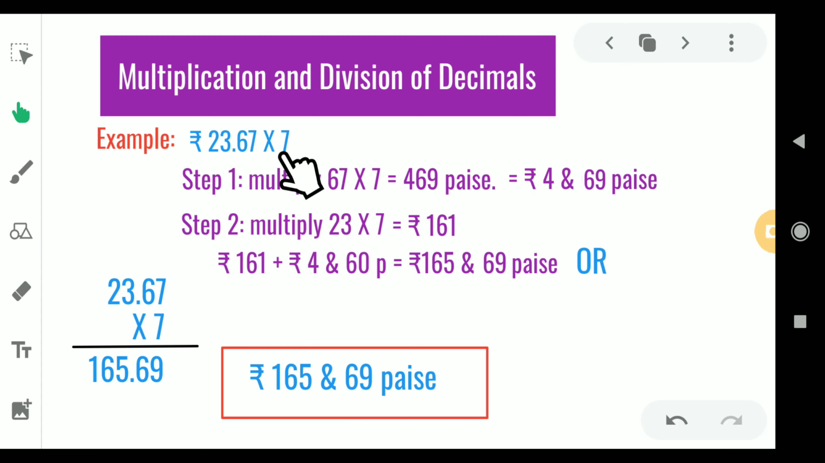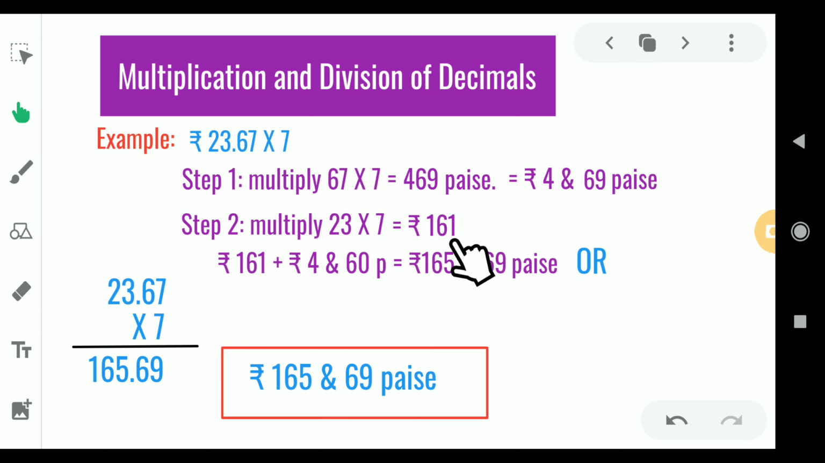Step 2, multiply this 7 with the integral part. So it is 23 rupees and 7. So just multiply these two. 7 3s are 21 and 2 is the carryover. Just keep this in mind. 7 2s are 14 and 14 plus 2 will be 16. So when you multiply 23 rupees with 7, your product is